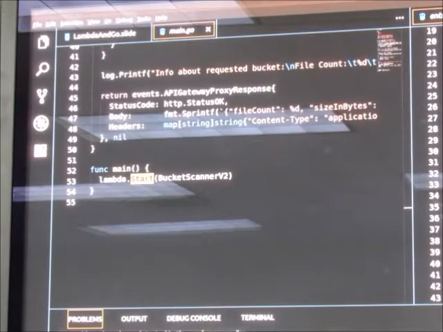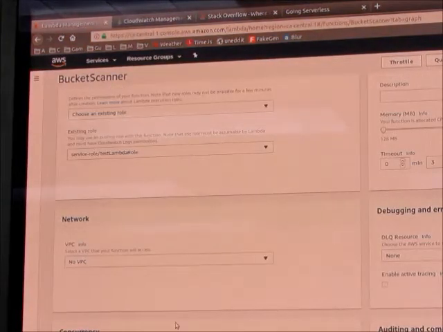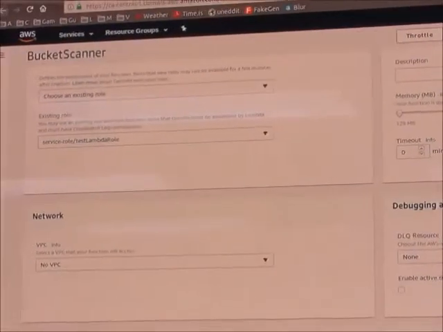Let me try to head back. You do have some control over how many simultaneous Lambda function containers are happening at the same time. That's what this concurrency value is.